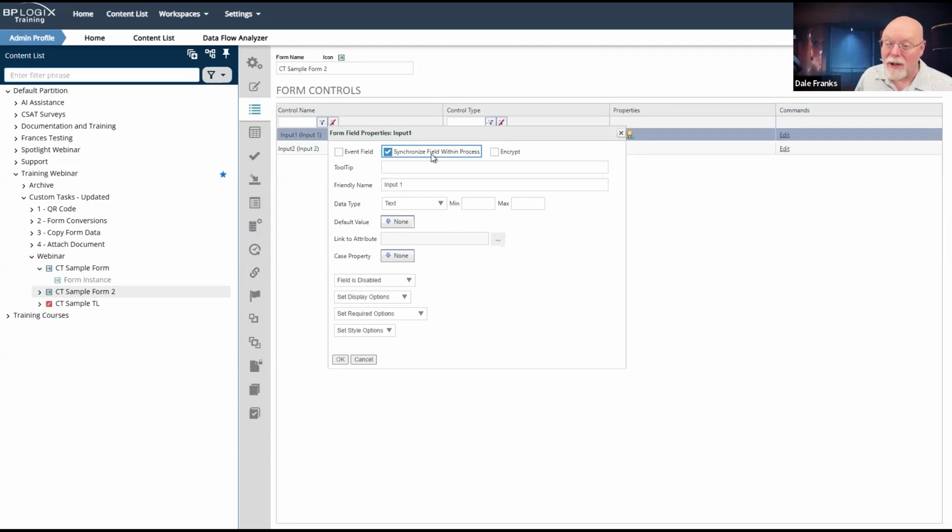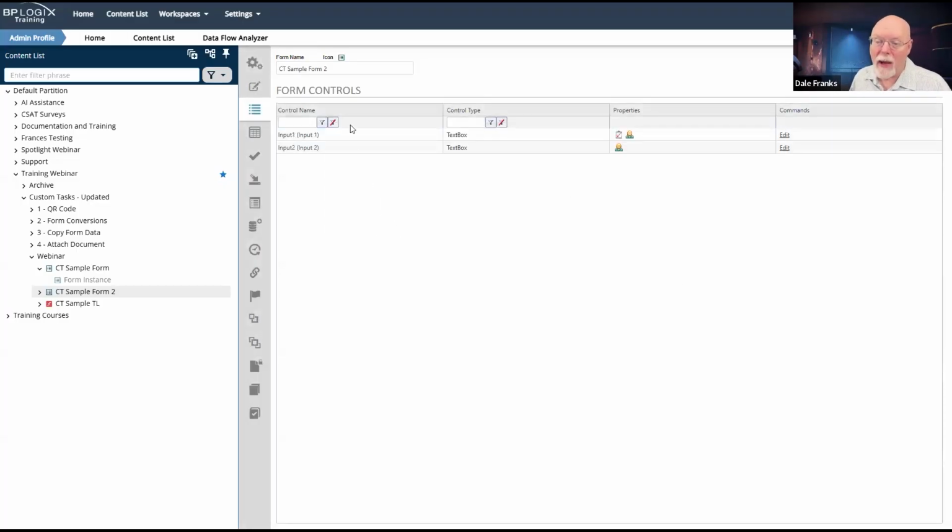This will actually work, but you're going to see some data on form 1 or form 2 that you don't expect. Technically you could do this, but I wouldn't. I would just set the field on form 2 for input 1 as disabled, which I already have. So that way it always gets its value from form 1.